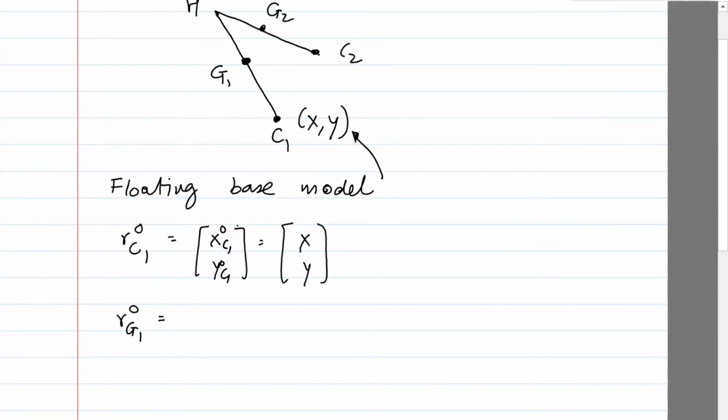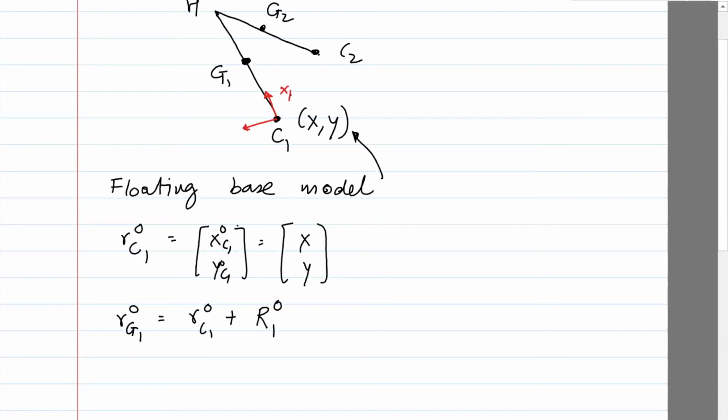For RG1, I need to first get the position of RC1, and since C1 to G1 is described by the frame 1, I would have R10 times, so let me put the frame here,